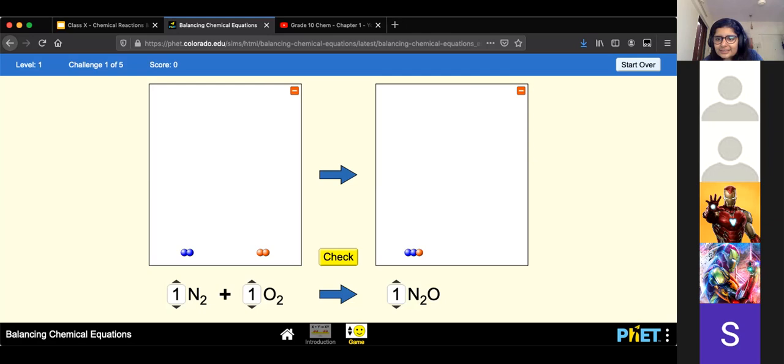Aditya Mundra, your answer is correct. So I have not received an answer from Snehal. You haven't sent it, no? Bhavika, check the number of nitrogen. Tanisha, you want to do level 3? Of course you can. I think you guys can. But I just want to ensure that all of you are able to do it.